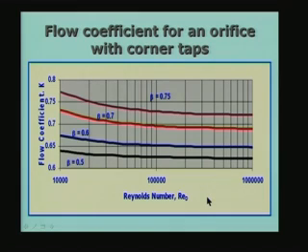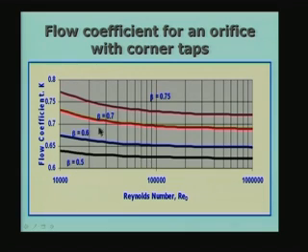So what we see here is very interesting. The flow coefficient is almost constant for values of Reynolds number greater than about 10 to the power of 5. So if in a particular installation the Reynolds number in the pipe is more than 10 to the power of 5, you can use a constant value for CD, and that is the advantage of that. Of course, the actual value of CD depends on beta.